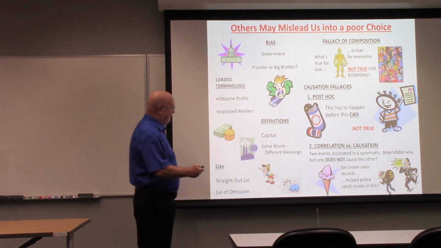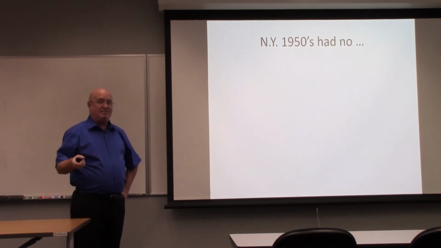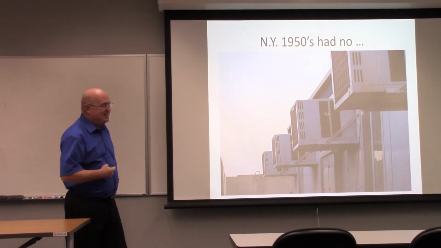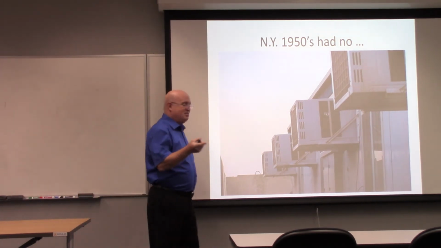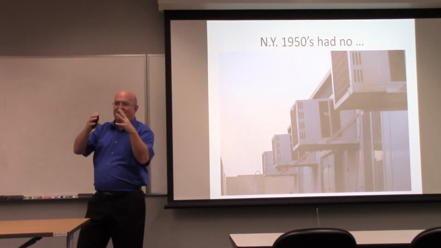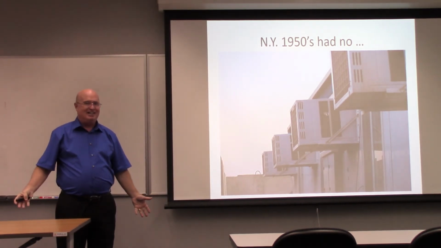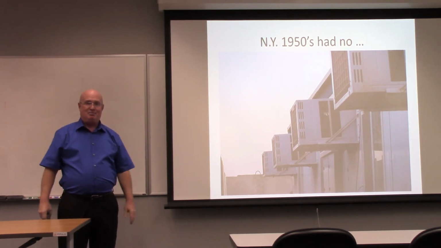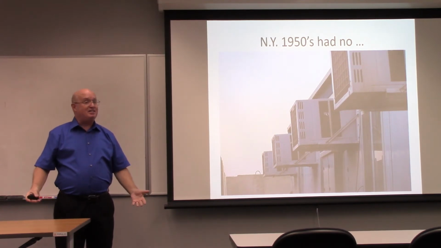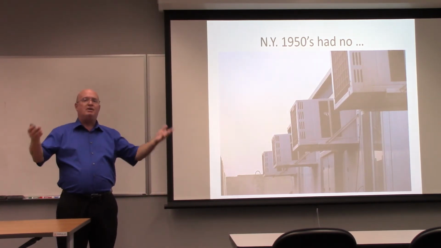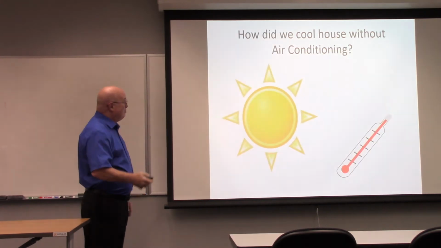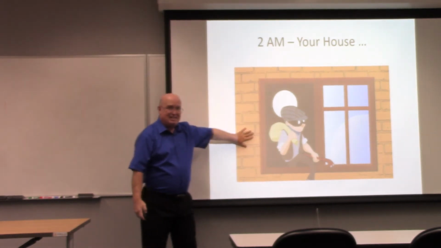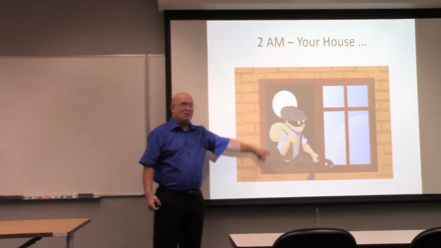Now, here's what was going on. In the 1950s, we had no air conditioning, all right? So here you have New York, a huge city, buildings compressed together, no real wind. How do you go ahead and cool down your apartment in the evening? Well, the little bit of wind that's there, you want running through your apartment, so you open the windows, right? But the problem is, by not having air conditioning, what do crooks love to see at 2 o'clock in the morning? Yep, them open windows.